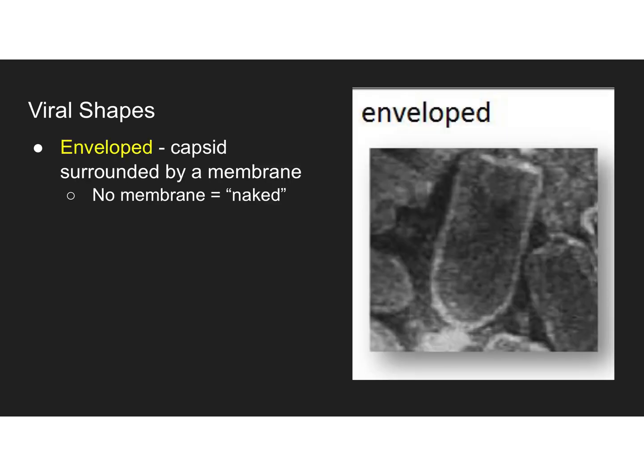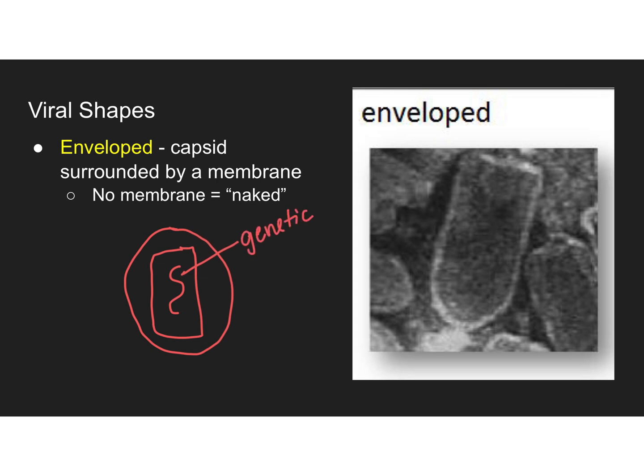So first, let's talk about enveloped viruses. Remember that we talked about the basic structure of a virion on an earlier slide. And we talked about how there is genetic material, RNA or DNA, that is surrounded by a protein capsid. And then outside that capsid, there might be another structure called the envelope, which is a membrane. So remember, we've got our genetic material,